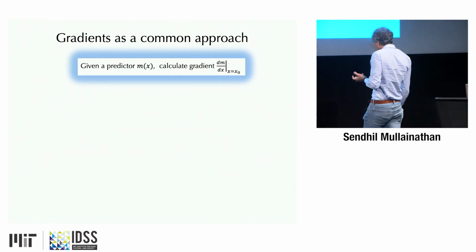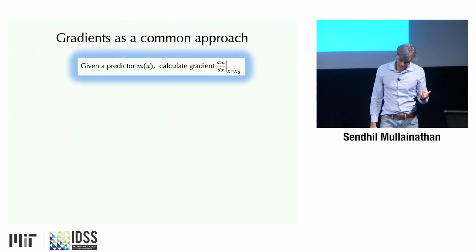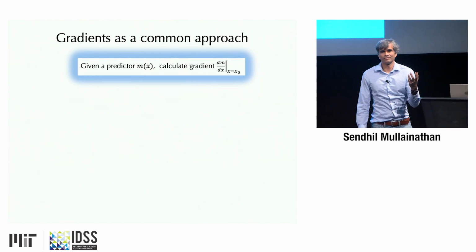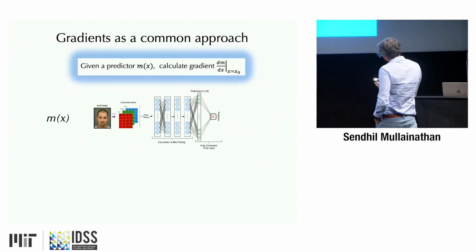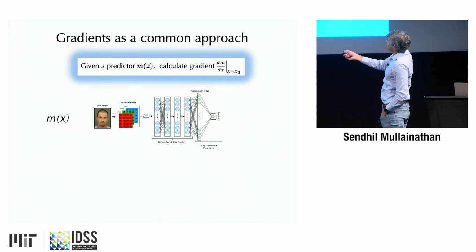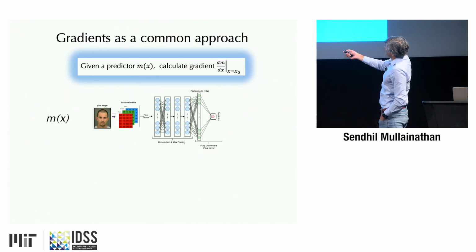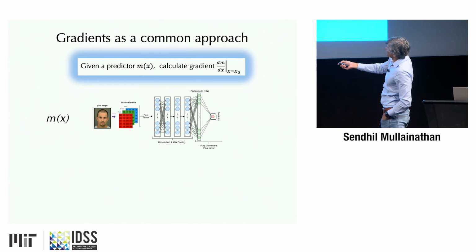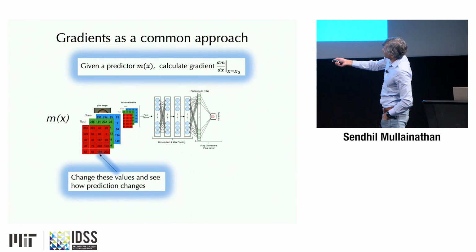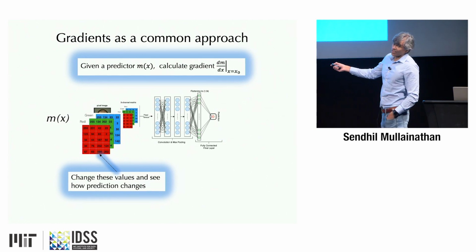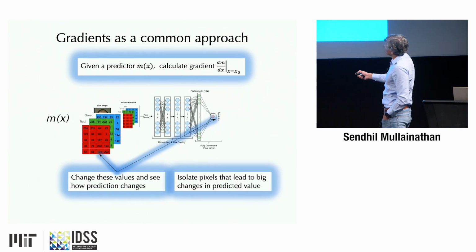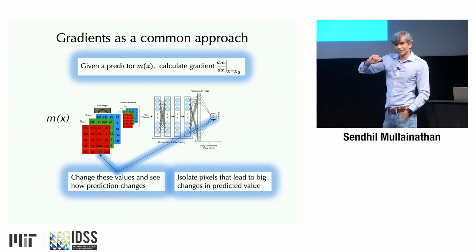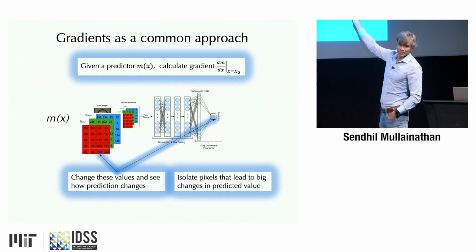Well, one common approach would be to take my black box algorithm and do some sort of gradient method. For those of you who are not familiar with it, we take a ConvNet, for example. A ConvNet here is taking the pixels, creating a 3-channel matrix, turning these pixel tensors through, and you get the prediction. You can zoom in on any one of the inputs, let's call it the red input right here. Change that 194, that's the gradient part, see how the prediction changes, and isolate pixels where changes lead to the biggest change in prediction.